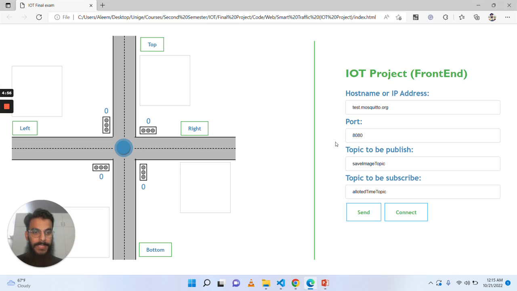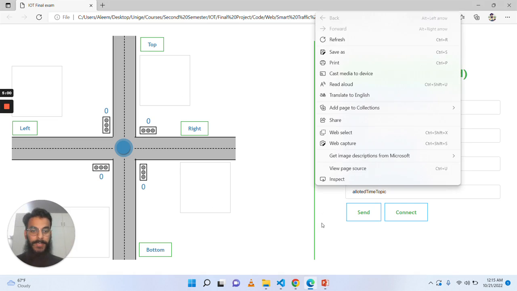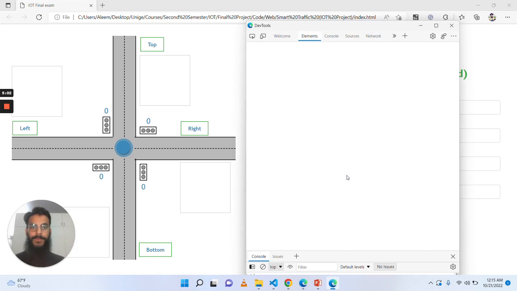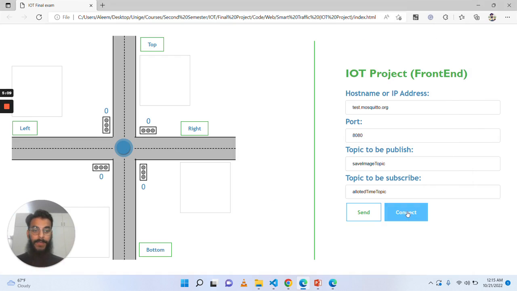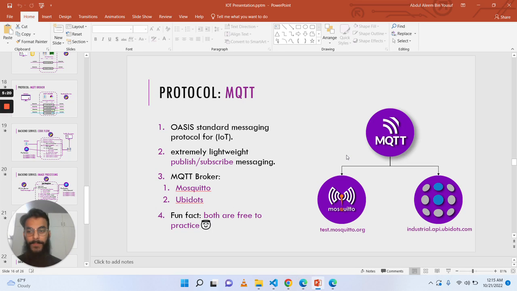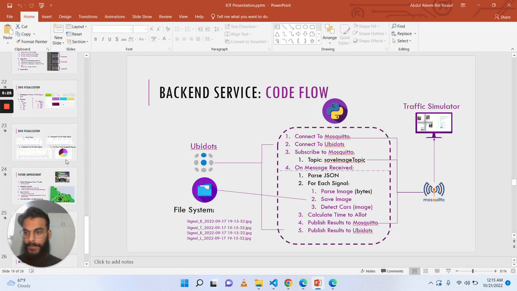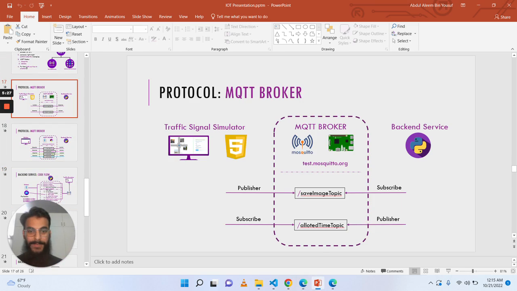So this is my simulator as I described earlier. I want to show you my logs so that you can also follow what is going on. First, I connect with test.mosquitto.org on port 8080, and for publishing I use the save image topic. As you can see here, sorry, here,